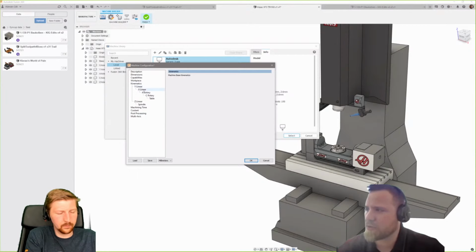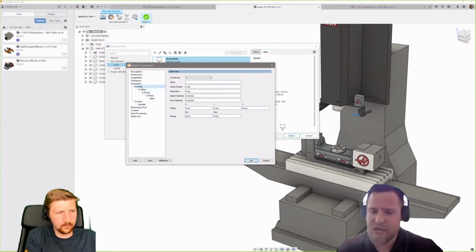Start with a Y, X on top, A trunnion on the top, and then a C rotating table on top, with the Z located on the spindle. So really happy with that. Now we can go ahead and start defining some of the key ranges of some of these